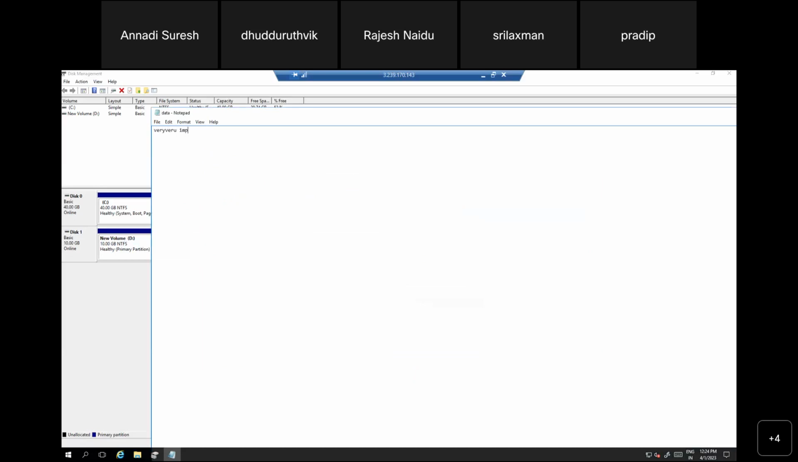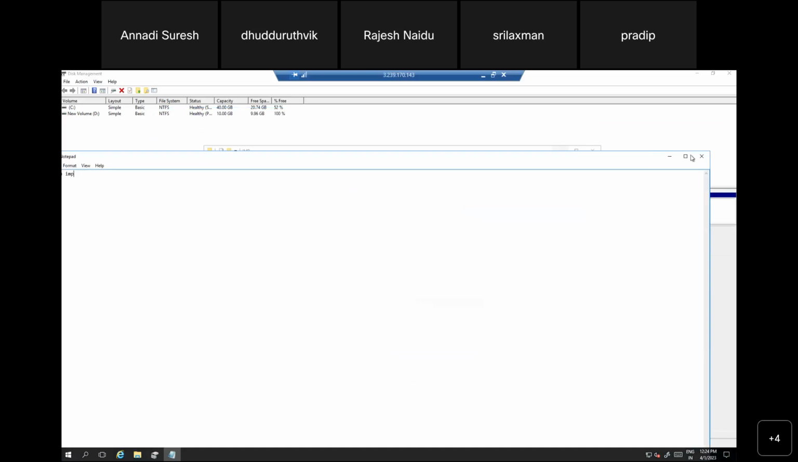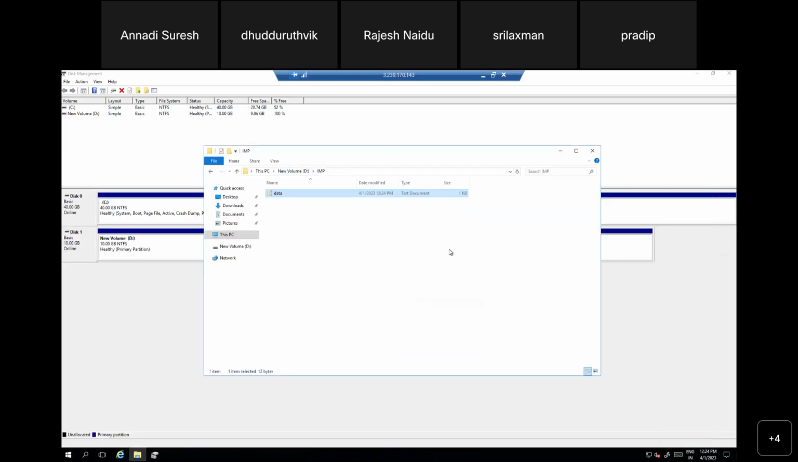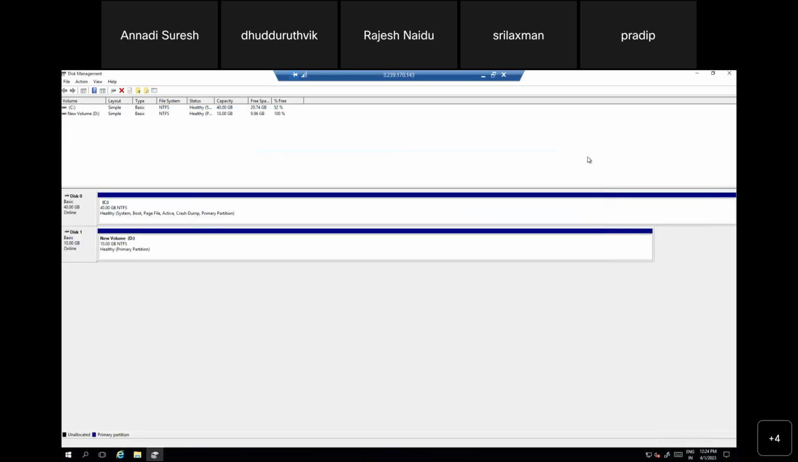Now save this notepad file, and we can close it here. That's it. Now we are doing our job. Unfortunately, if this particular D drive is corrupted, your data will be gone, right? So in case